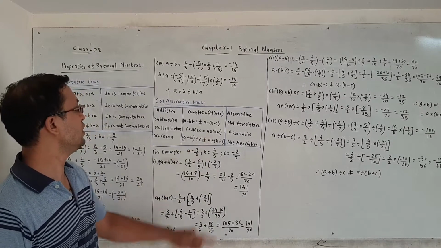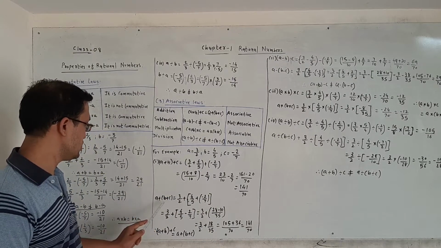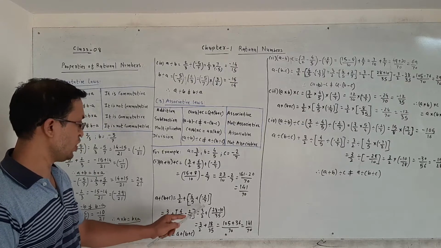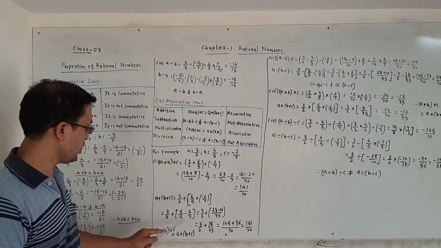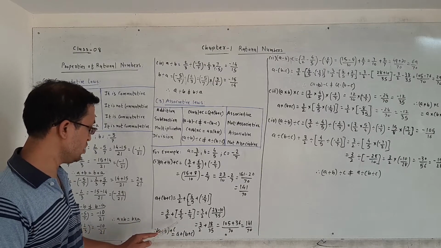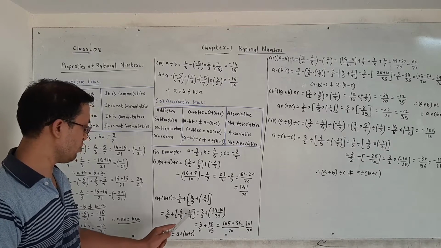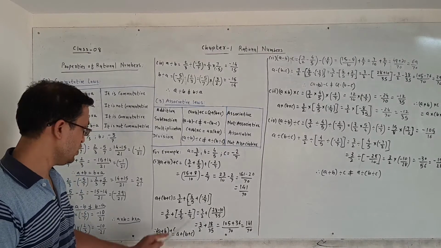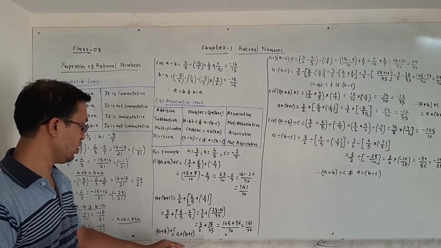Similarly, right hand side, a plus b plus c. a as it is 3 by 2 plus b plus c. b means 4 by 5 plus c means minus 2 by 7. So 3 by 2 as it is plus 4 by 5 plus minus minus 2 by 7. Take LCM, otherwise cross multiplication. 7 times 4 is 28 minus 5 times 2 is 10 divided by 7 times 5 is 35. That means 3 by 2 plus 28 minus 10, that is 18 by 35.